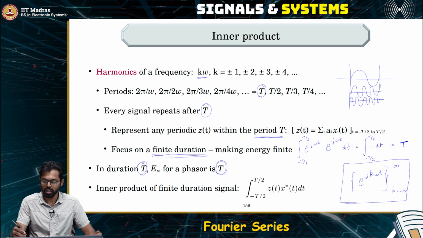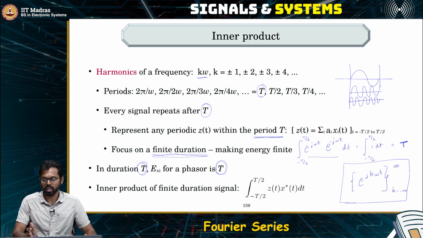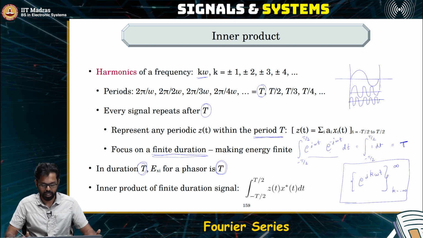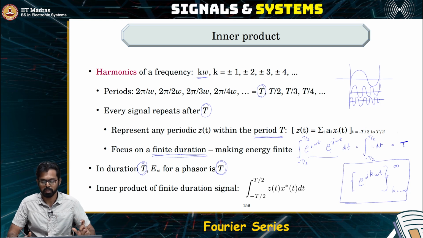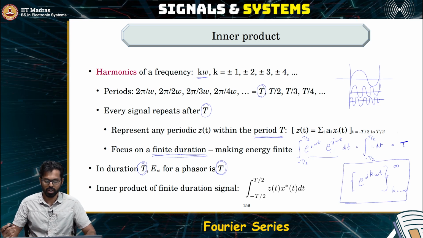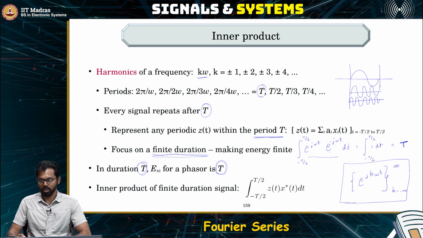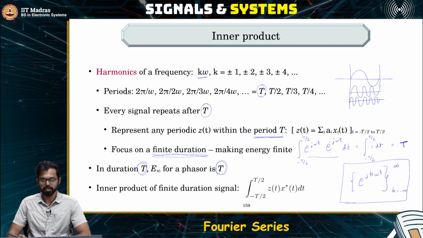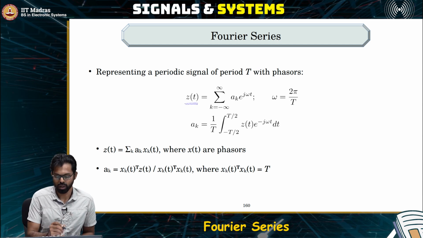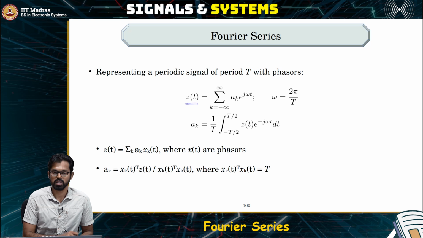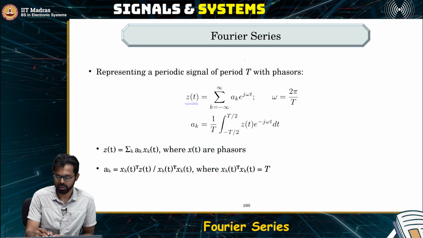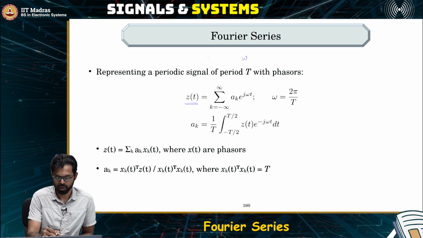So whatever integral that you compute here is exactly going to be the integral when you compute from T by 2 to 3T by 2, and so on. So we just focus on one period to compute this inner product, which means we can find out the coefficient a_k. Let's put all of what we saw together. We'll take any signal z of t which has a fundamental frequency. And remember, what is the fundamental frequency? Given some omega, the fundamental frequency